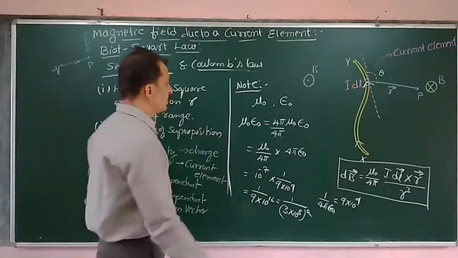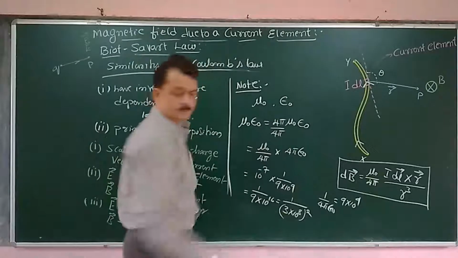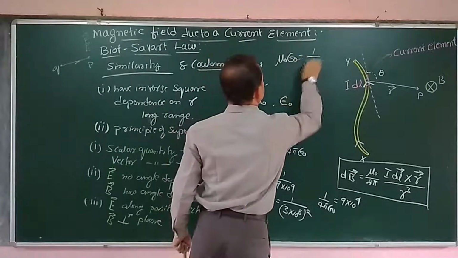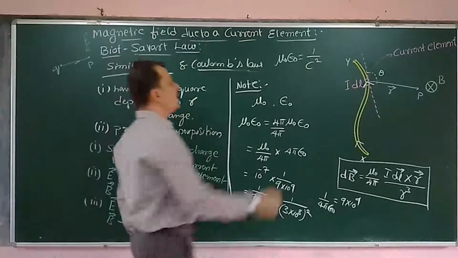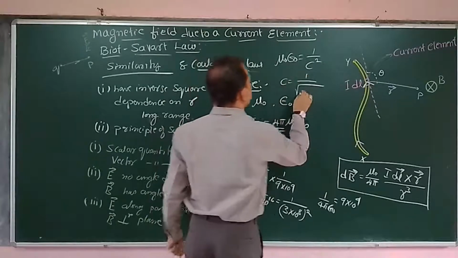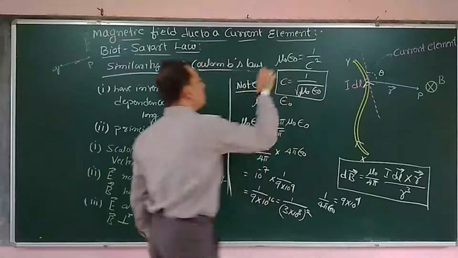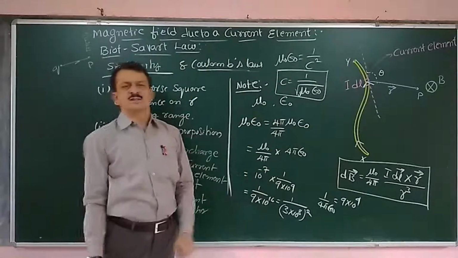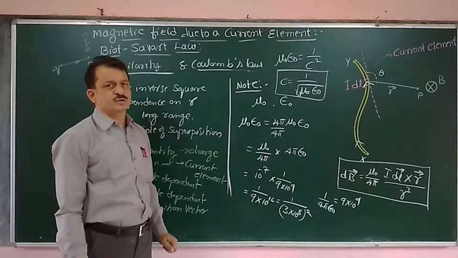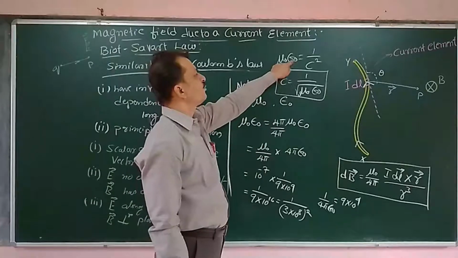So therefore I will replace that. Here I will write, therefore, mu naught epsilon naught is equal to 1 by c square. I will get an important relation: 1 by c is equal to 1 by square root of mu naught epsilon naught. Very important relation. We will study this further in the 8th chapter, electromagnetic waves. Therefore the product of permeability and permittivity is equal to